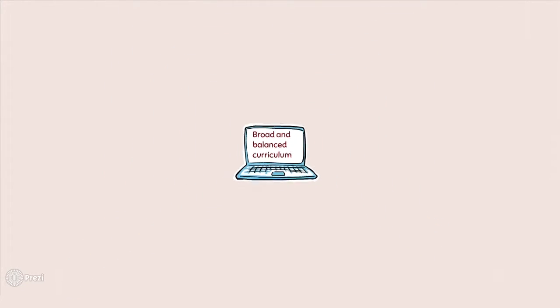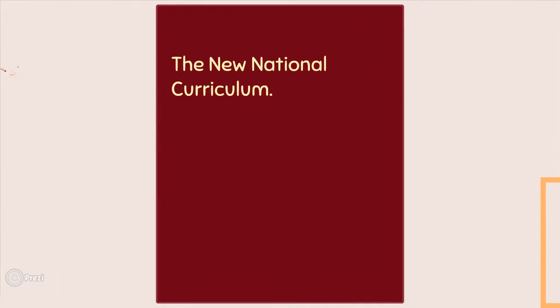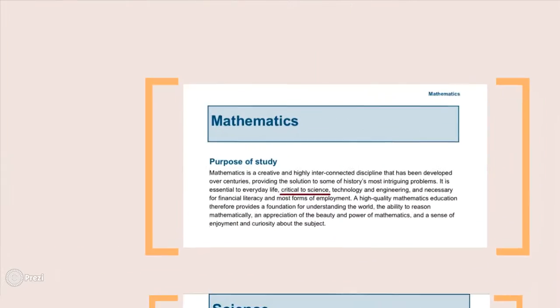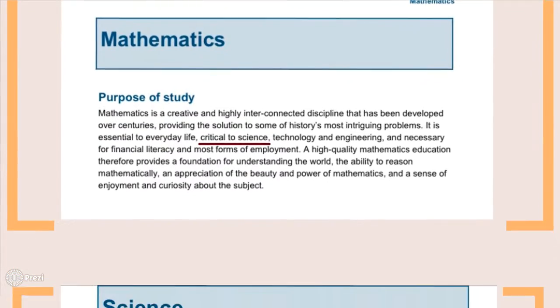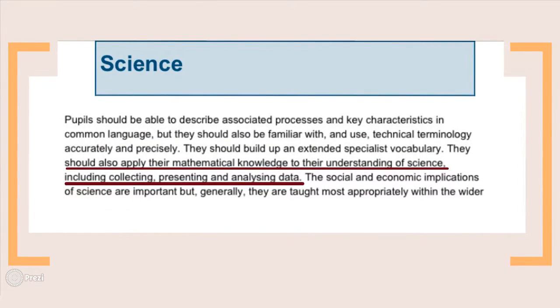Introduced in 2013, the new national curriculum specifically and directly draws links between maths and science, emphasising not only that the importance of maths is critical to science, but also that mathematical knowledge obtained by children should also be applied to science, alongside their understanding obtained in maths of collecting, presenting and analysing data. This suggests that naturally the 2 subjects are